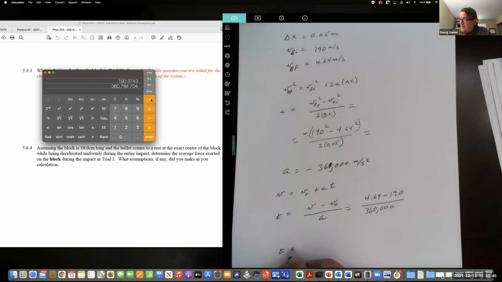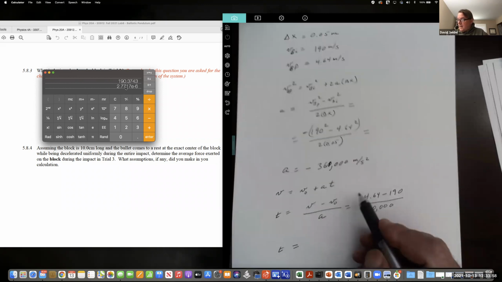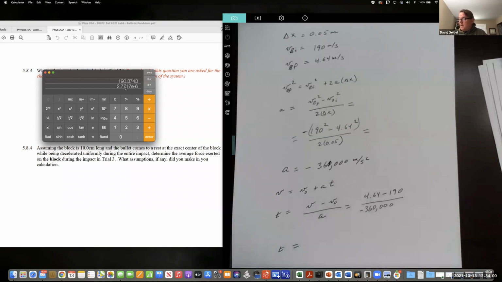So T is equal to, inverse that, 360. I don't have the minus, and this is a minus sign. 190, enter, 4.64